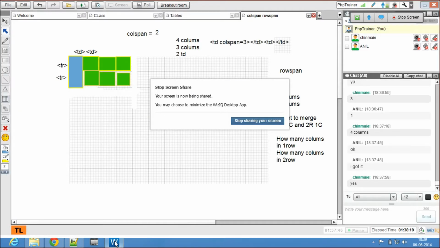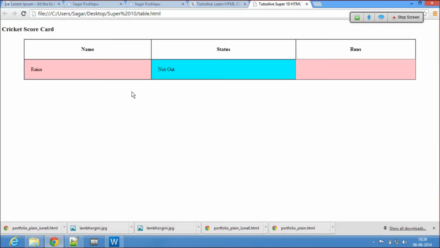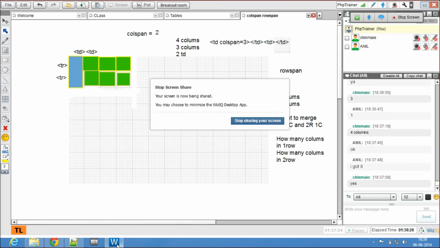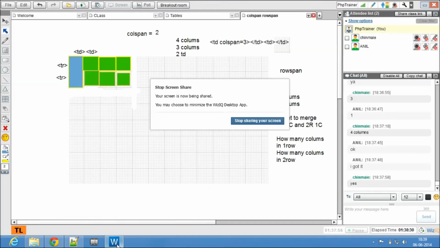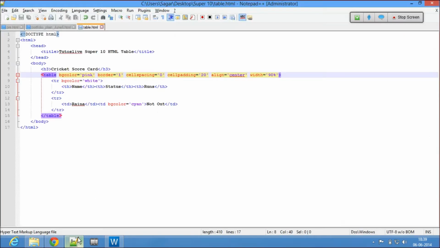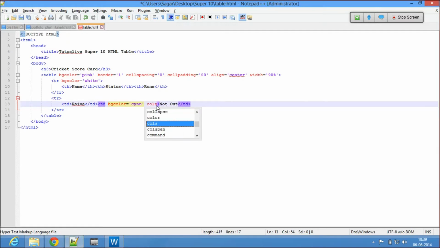So now my requirement is that when somebody is not out, I won't show the runs. I will merge the status and runs. So here goes. Now here, when he is not out, I want to merge the columns in the same row.